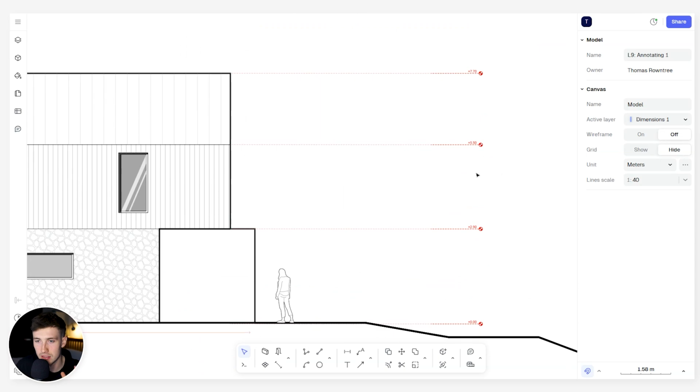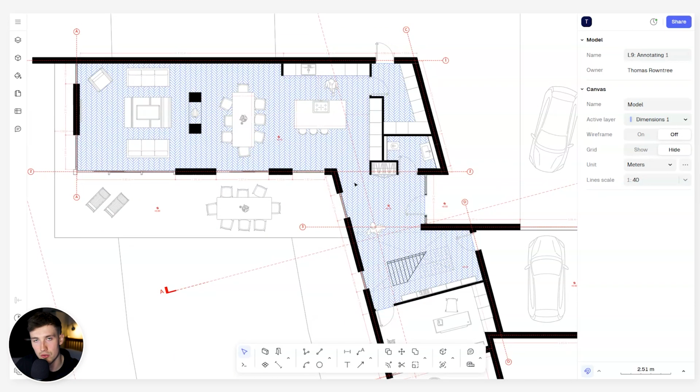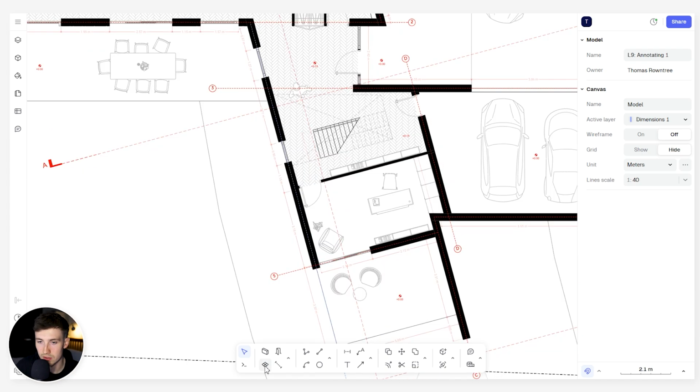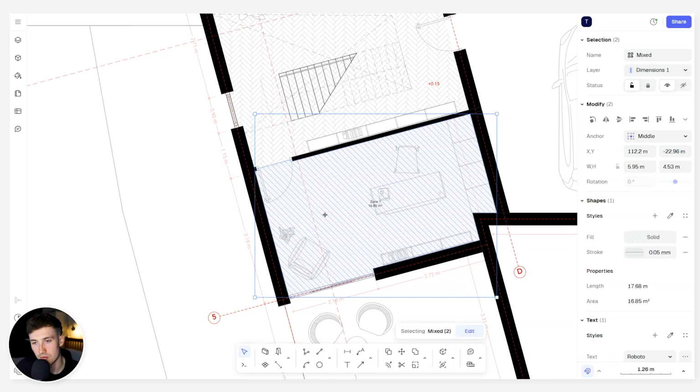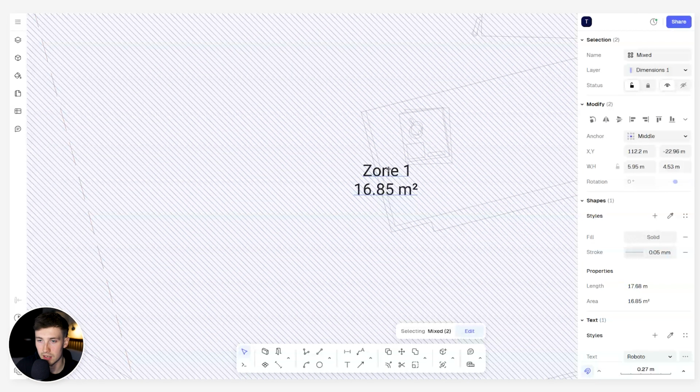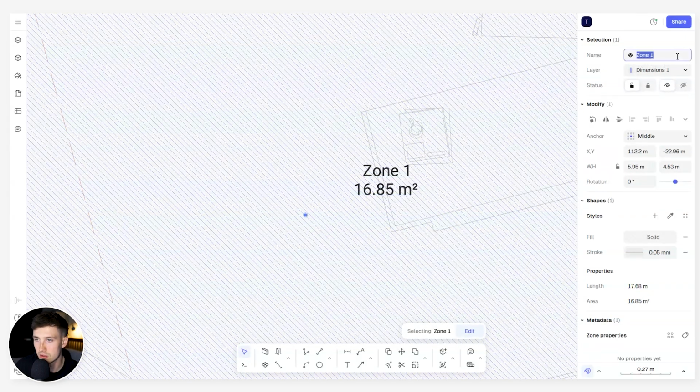Now the next item is going to be room tags. So there's two ways of doing this. You can either tag the zone that you've applied to a particular room. So for example, if you were to drop a zone into this room here, you can see that the tag is applied to that zone automatically. And we can come over to the right hand side, make sure the zone is selected. We could type in